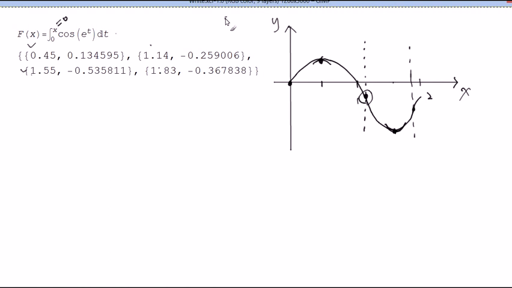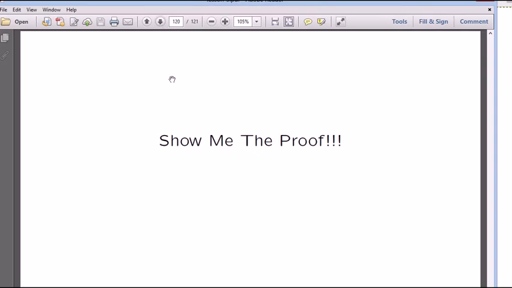All right? So that's one application of the Fundamental Theorem of Calculus Part 1. You don't have an antiderivative, but you can still bring this function into existence. The function we're talking about, f of x, the antiderivative of cosine of e to the t, is this one right here. We just don't have a formula. Okay? So I'm going to go through the proof of